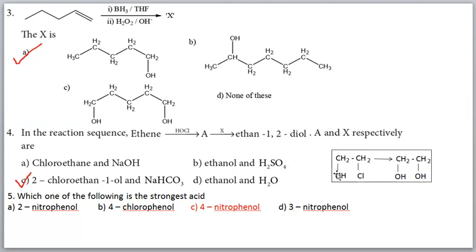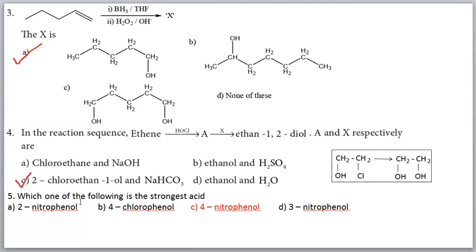Okay. But the first compound, you see, what is this compound? This is ethanol, ethan-1-ol. But here you see one chlorine is there. This is the second carbon. So 2-chloroethan-1-ol. Okay. This is compound A. Here wrong, here wrong, here wrong. This is the correct one. So no need of checking the next answer also. From this itself, we are able to find out the correct answer.